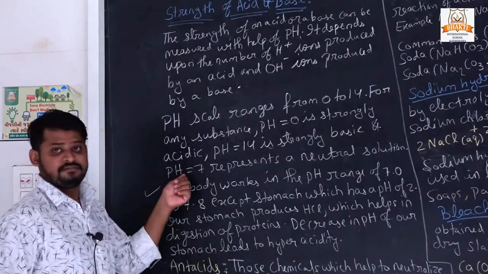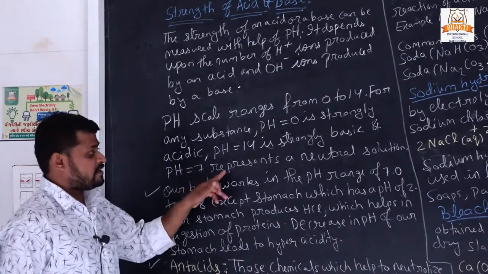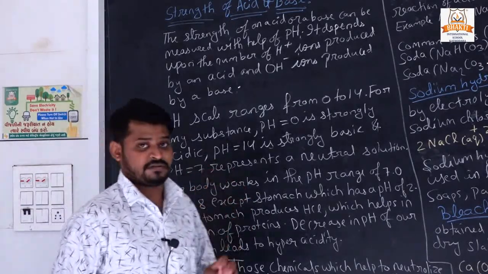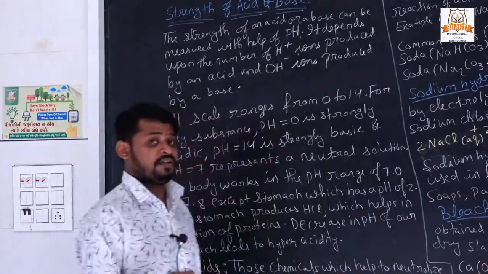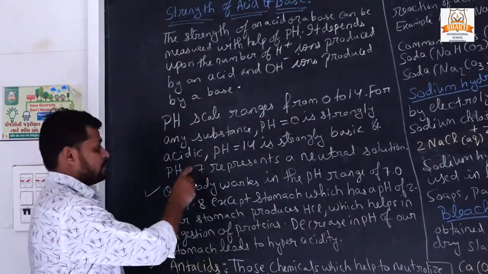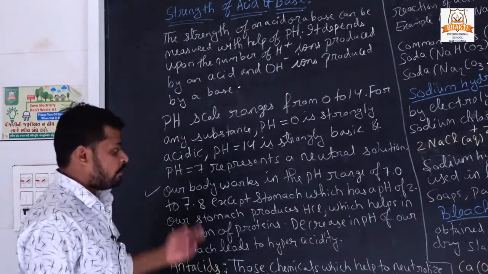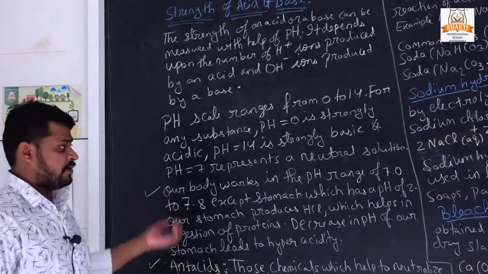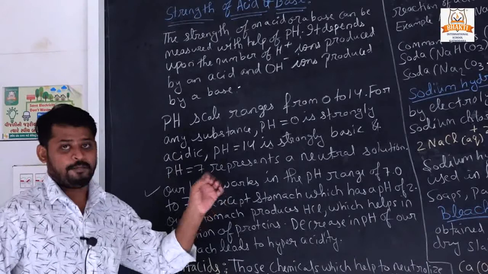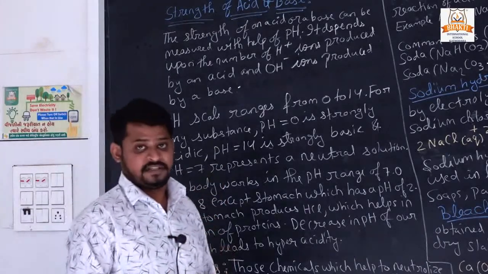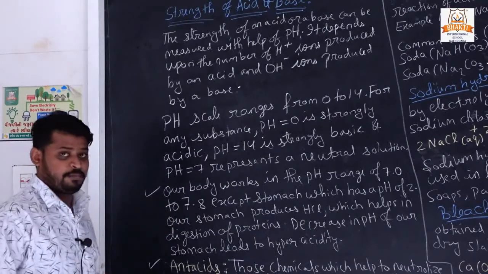If the pH value of any solution is equal to 7, then it represents a neutral solution. It is neither acidic nor basic, it is a neutral solution if the pH value of that substance is 7. There are 2 points highlighted from this. Many questions come in examinations. We will study pH properly in our biology chapters when we start them. Here only 2 points are given.